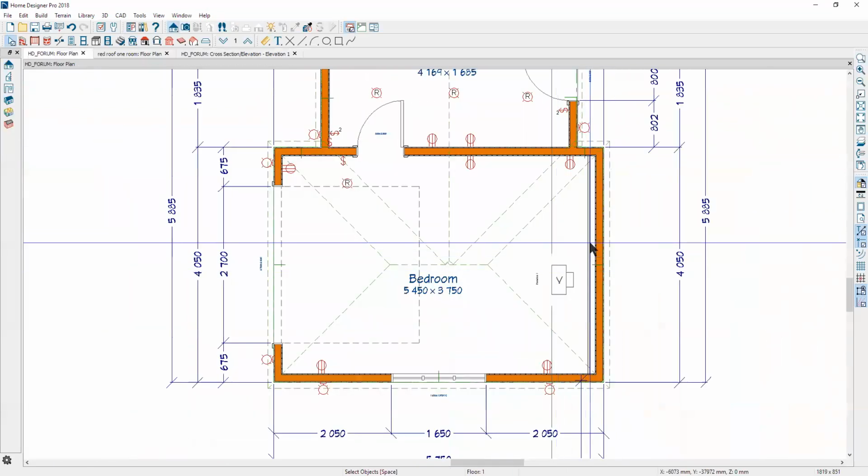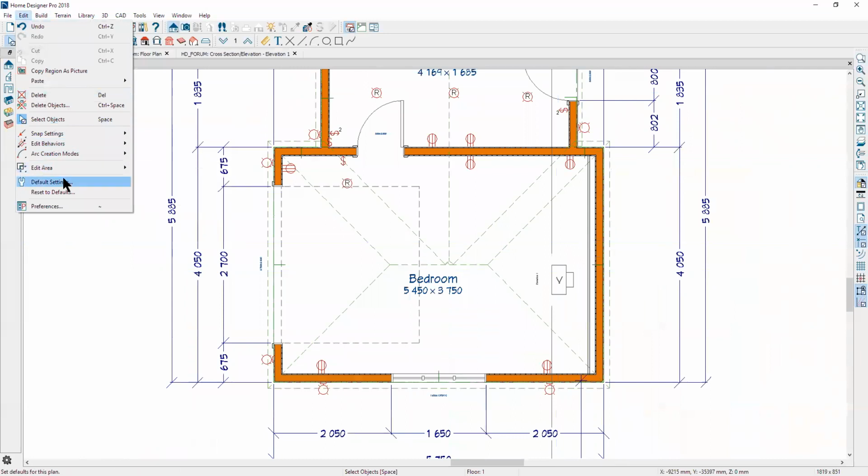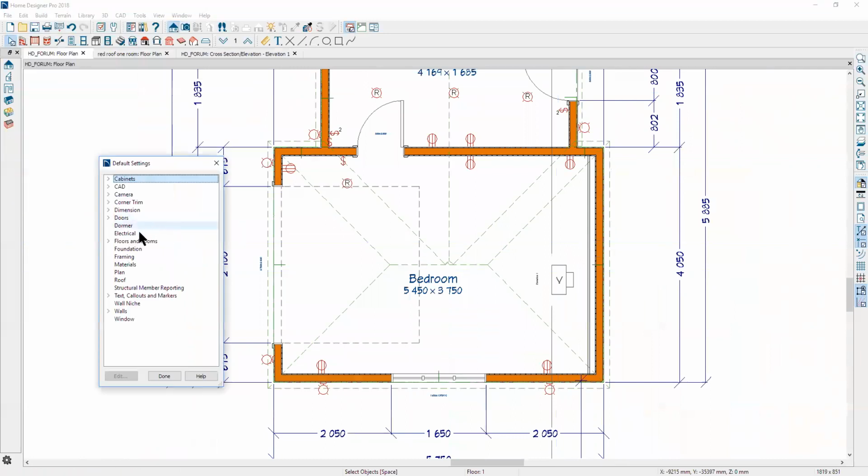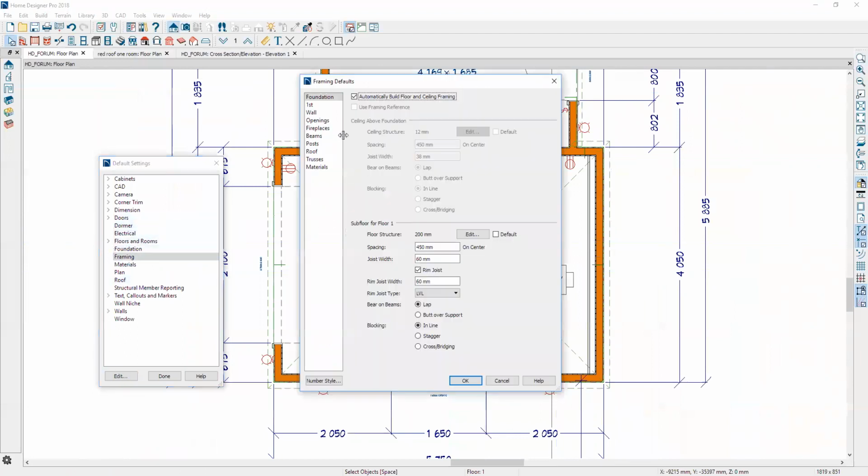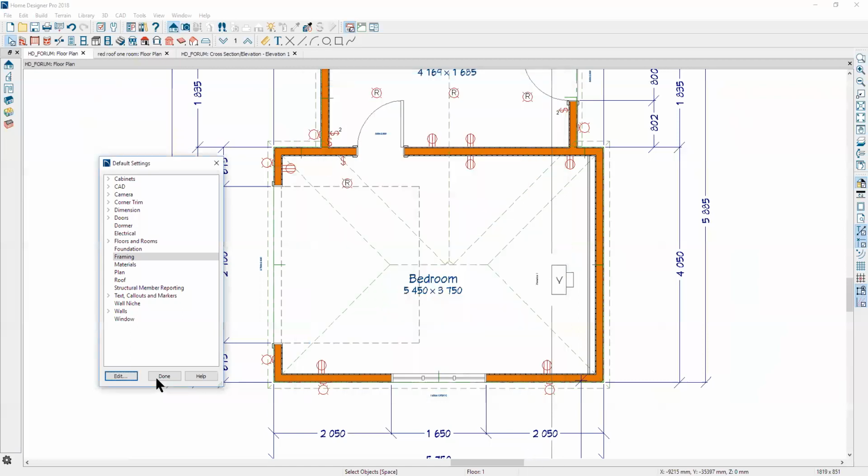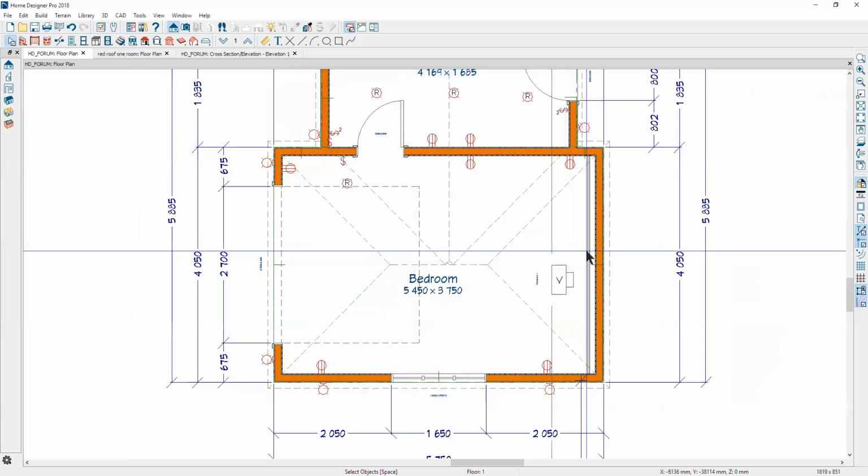And there it is in plan view. And I don't know what your spacing is set to. Let me see if I can figure that out. Edit default settings, framing. And here, ceiling above floor, spacing. Oh, spacing 400. That's what I wanted. I'm going to copy that. And now I'm going to select this,